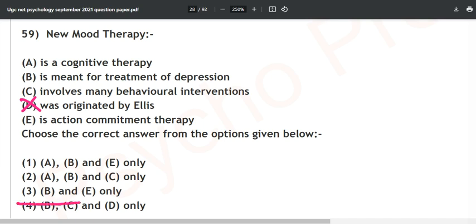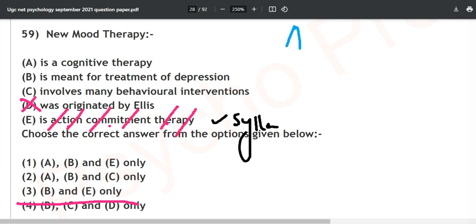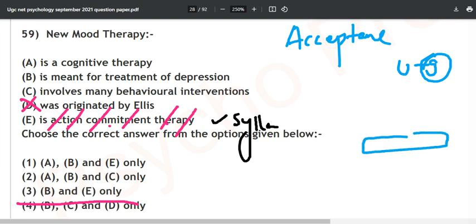As soon as we eliminate D, we are left with the remaining options. Now, next is action commitment therapy, and that is why I'm telling you sometimes reading the syllabus also will help you. There is no such concept called action commitment therapy. It is a therapy called acceptance and commitment therapy. If you go to the syllabus, your unit number 9, you will find in the last line, in the ninth unit,